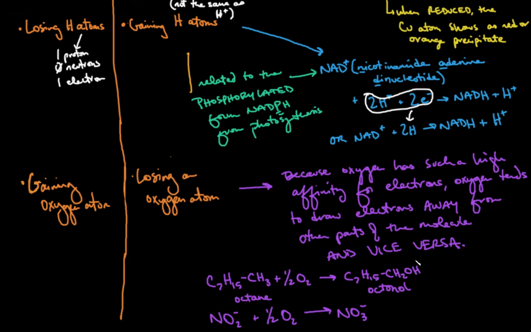So here are 2 reactions. I don't know if you know this kind of formula that well, but C7H15. This is a hydrocarbon chain, so it's hydrogens and carbons, a long chain of carbons with hydrogens on either side of each carbon, and at the end of that whole molecule we have a carbon with 3 hydrogens coming off of it. Take that octane, oct means 8, right? So 7 and 1 make 8 carbons, plus half of an oxygen gas molecule, so just 1 oxygen, gets turned into